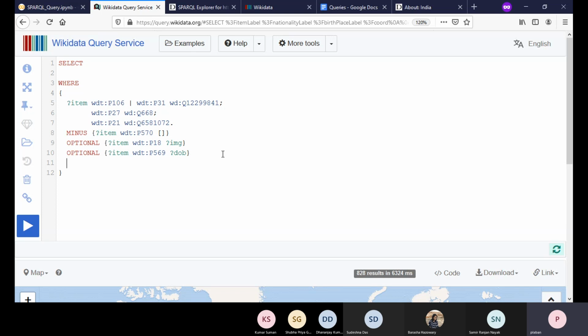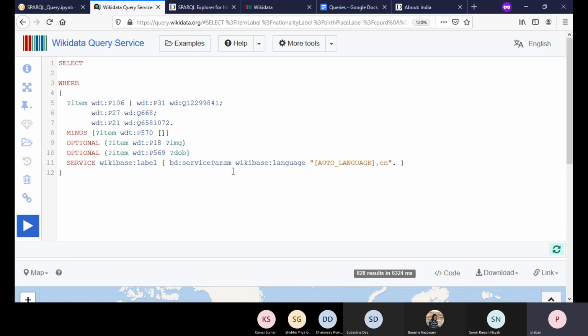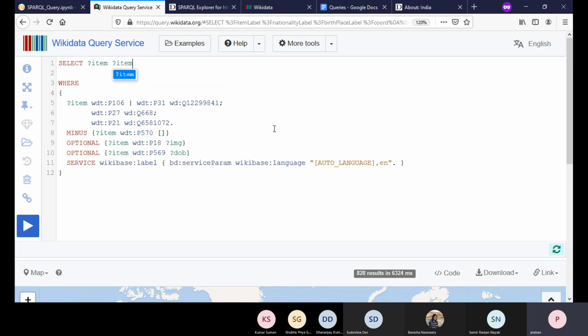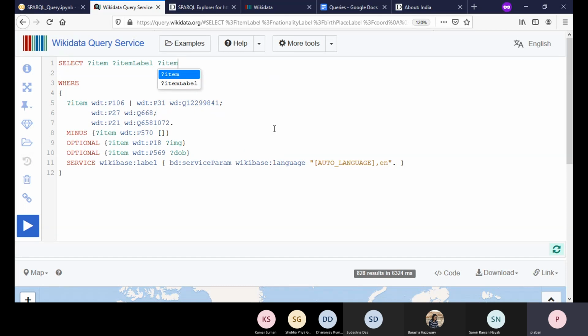And customarily, as we are doing in every case, we just say service, use the label service, right? And here we are trying to do something else, right? So you want as output the item, and then the item label, then we want the item description.